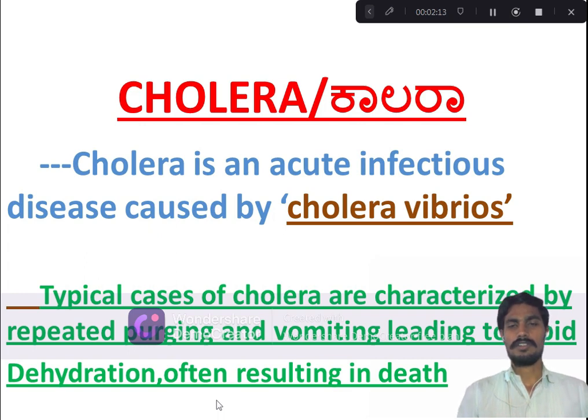During the time of cholera, what happens? There is repeated loose motion as well as vomiting. Due to the repeated purging and vomiting, there is loss of sodium and water. That leads to dehydration. Loss of water is nothing but dehydration. That results finally in death. Next, you can see